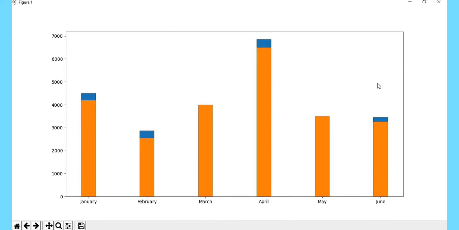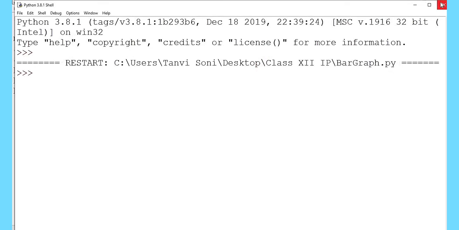This is a bar graph that has been plotted, but the bars are overlapping each other. In order to make sure that they are separately visible, we have to adjust the x-axis.